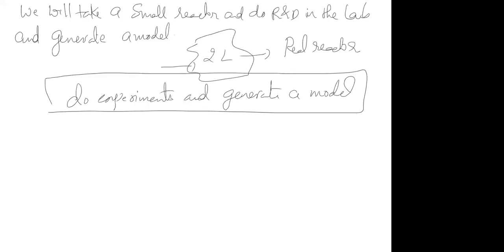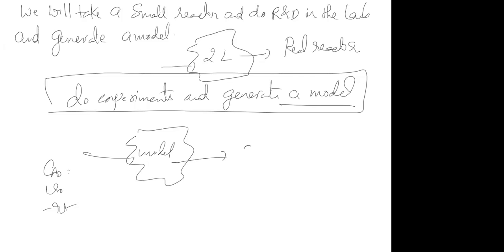Now you should get another doubt. What is your doubt? Suppose I take a 2 liters reactor, I did experiments and I generated a model. What is the guarantee that this model is applicable to, let's say, bigger volumes? Suppose you generated a model from this one. Now you give that model CA naught, B naught, and then minus RA. It projects the volume as 3150 liters. Clear? This is the real reactor. So you did experiments, and then that is where the concept of scale up comes into the picture.